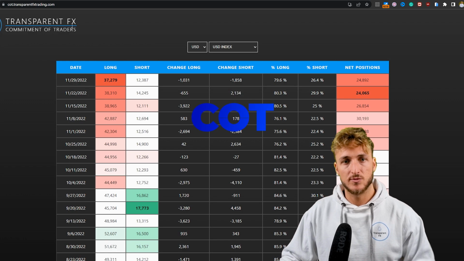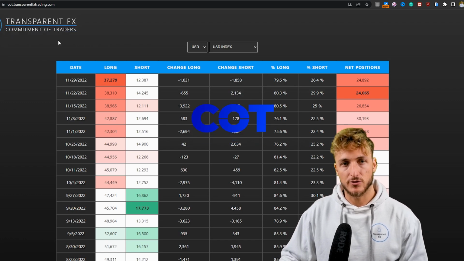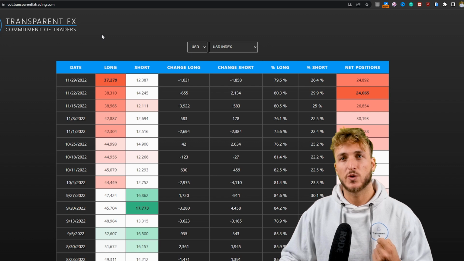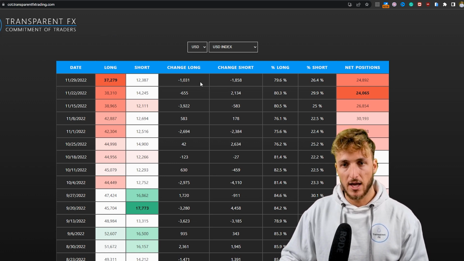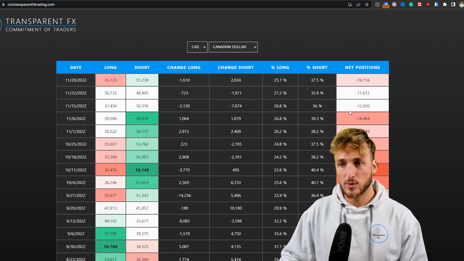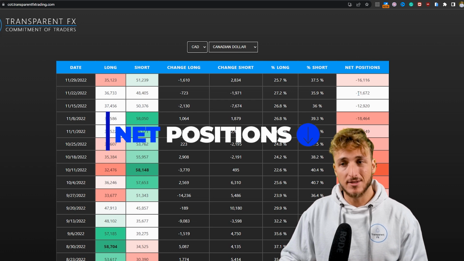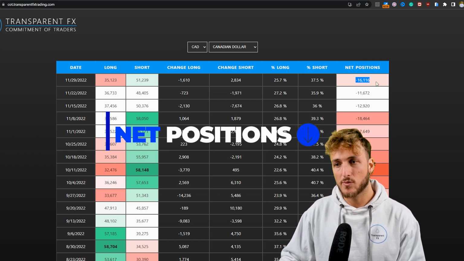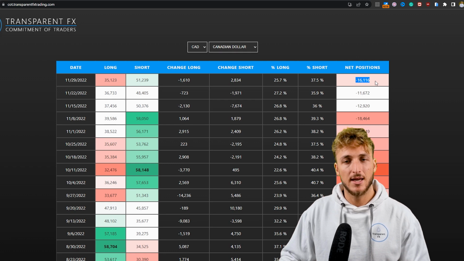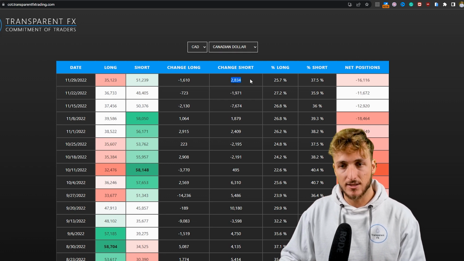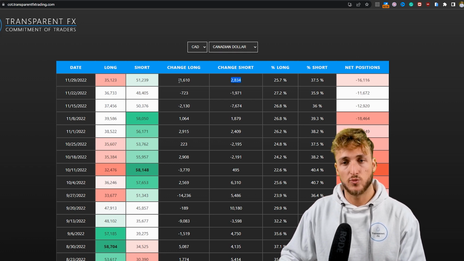Now, if we go and see what we have when it comes to the commitment of traders, so the COT data, which is what the non-commercials, so the biggest speculators in the market are doing, and we check the data for the CAD, what we can see is that with the last reports, net positions on the CAD has started decreasing. We went from minus 12k to minus 16k net positions, indicating that institutions have added 2.8k shorts with the last report and closed